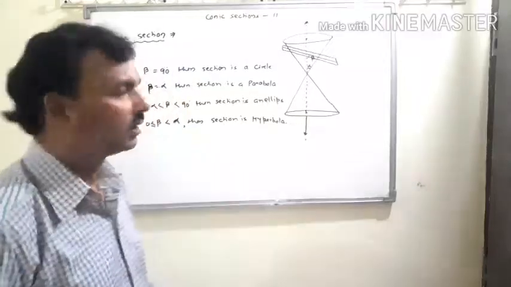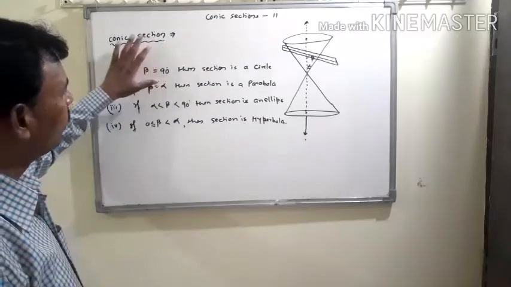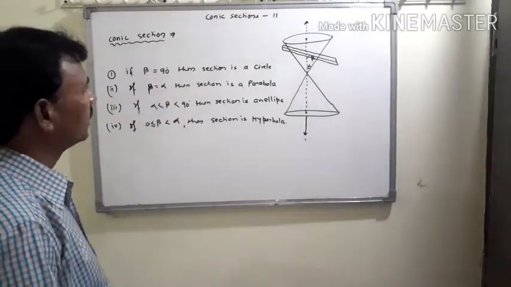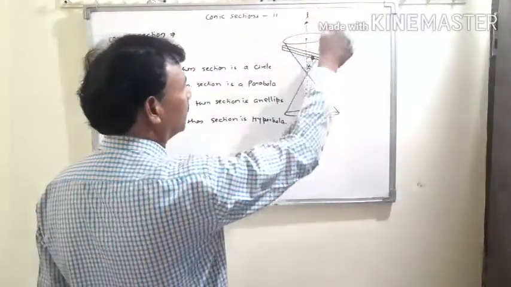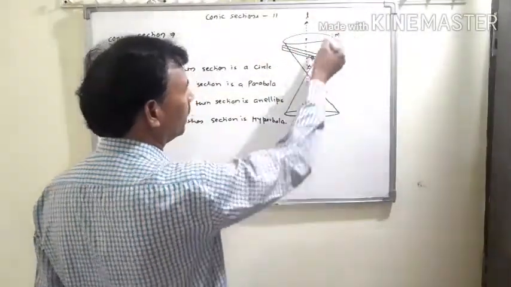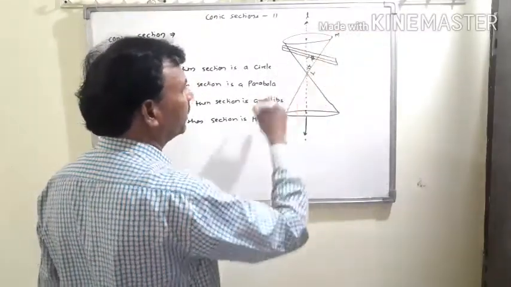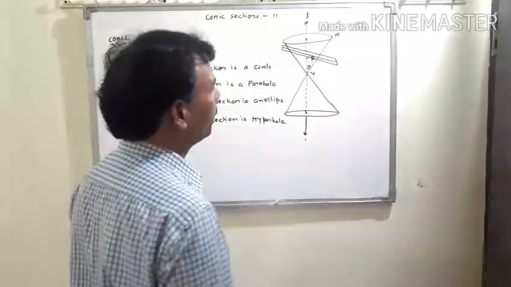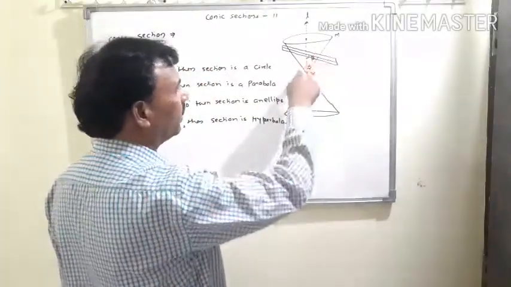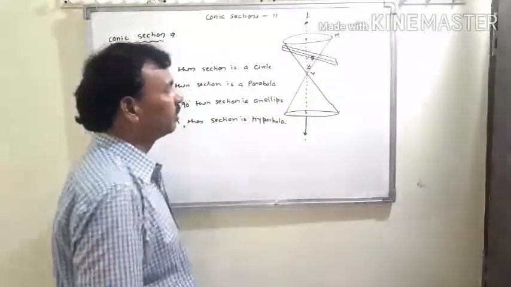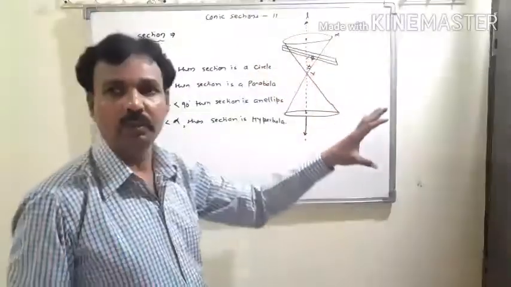Hello students, in this video we will discuss conic sections and how to find them. As is seen here, this is line L and this is line M, and line M intersects line L at point V with the angle alpha. If, with the constant angle alpha, line M rotates one complete revolution, then this double napped right circular cone will be